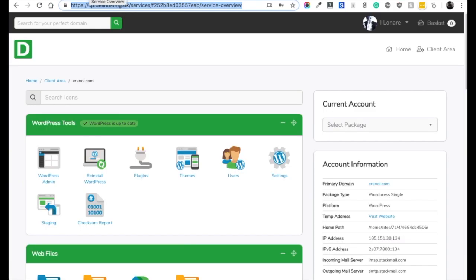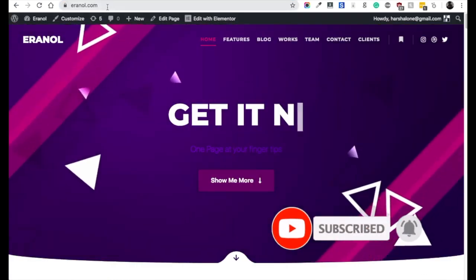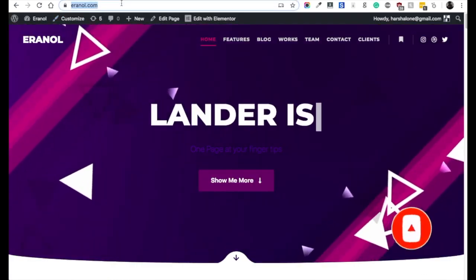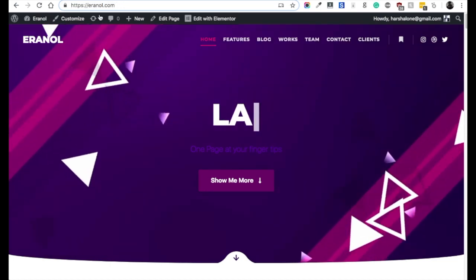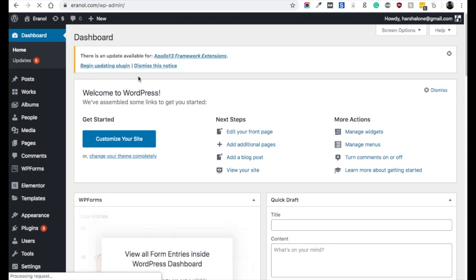Okay, so the first thing you have to do is log in to your WordPress administration dashboard. So go to your website and then go to WP admin and log in to your dashboard. Once you are on your dashboard, you go to